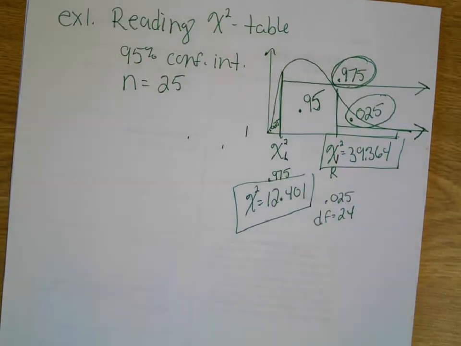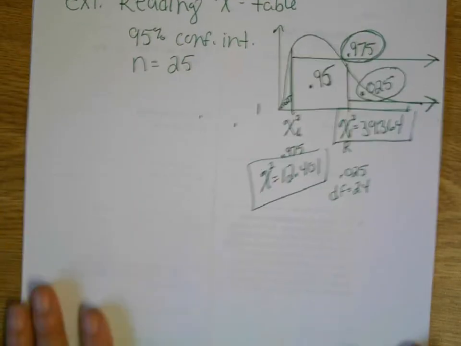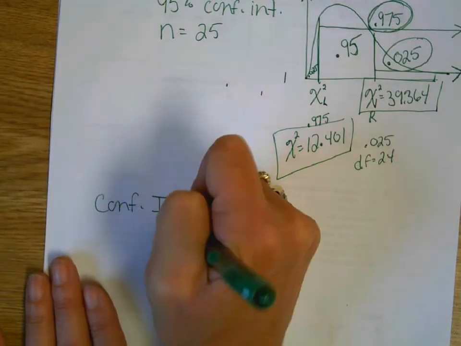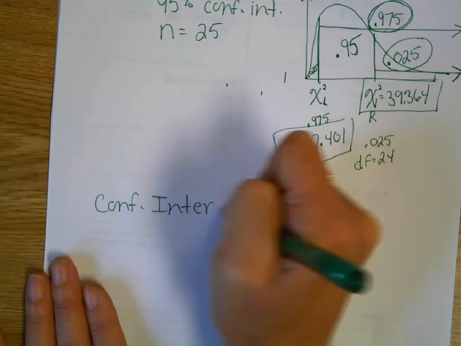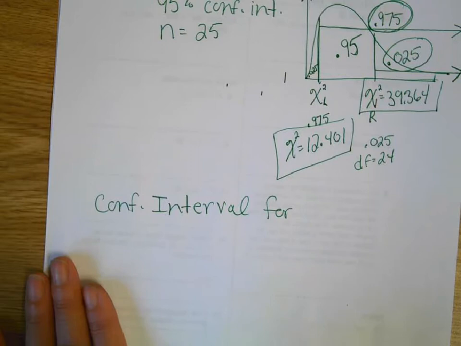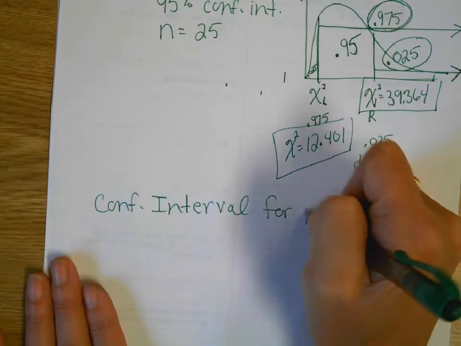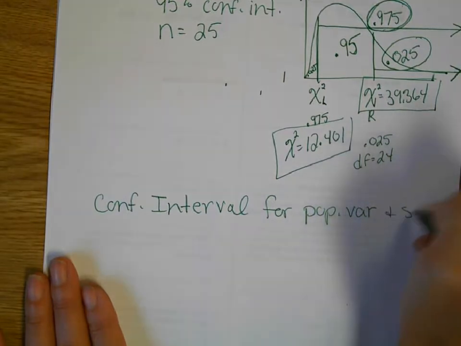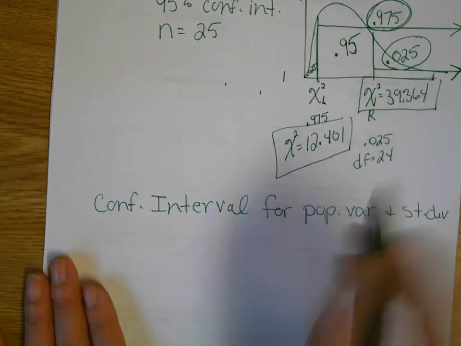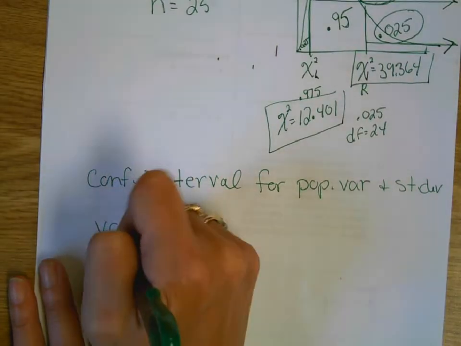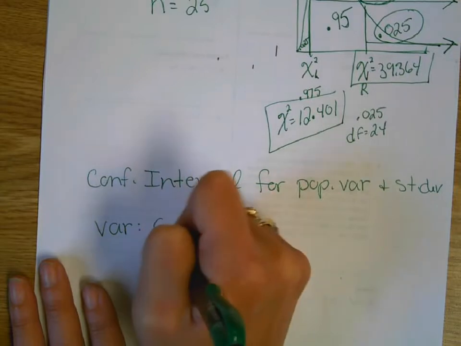Now, how do we find a confidence interval for variance and standard deviation? It's just a plug and chug formula. So, confidence interval. It's really not a 3-step process. It's just a plug and chug formula. So the variance one,